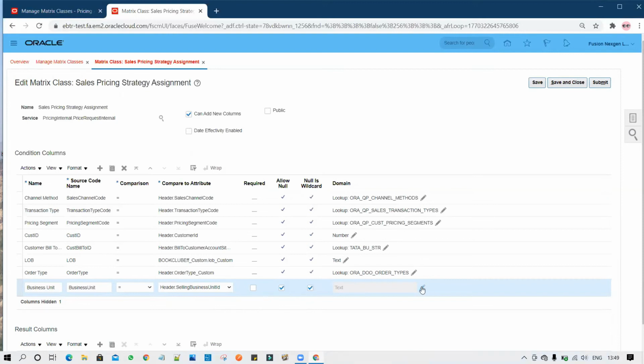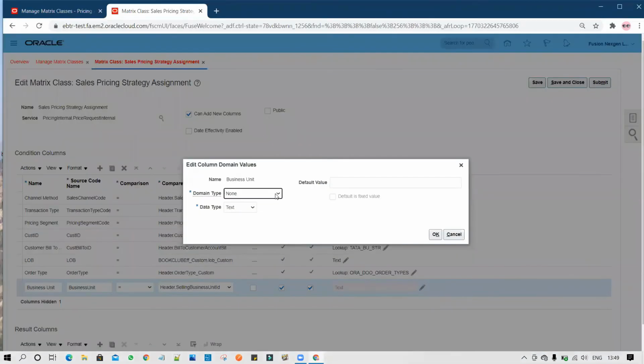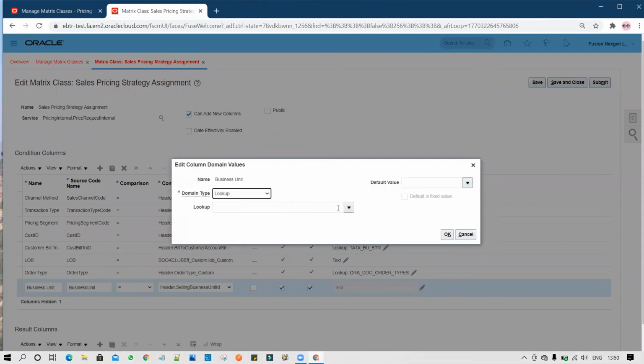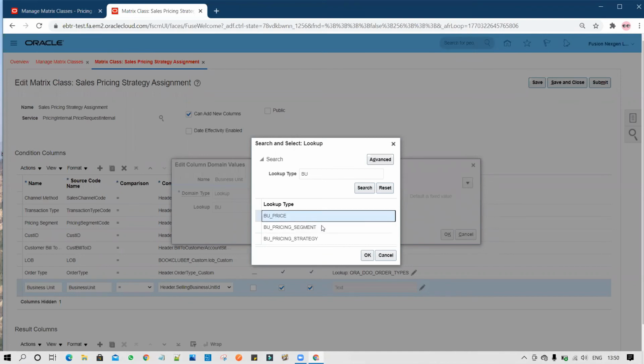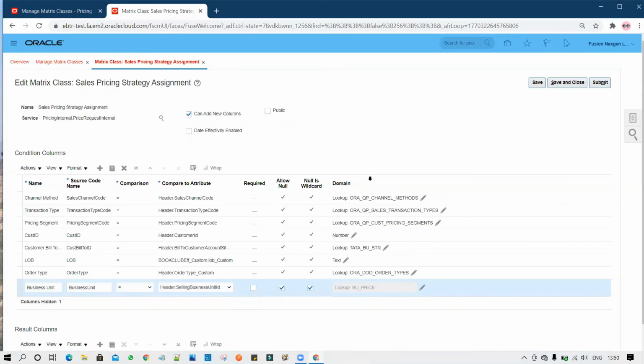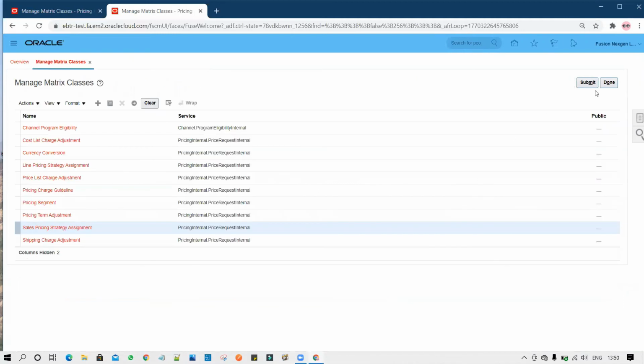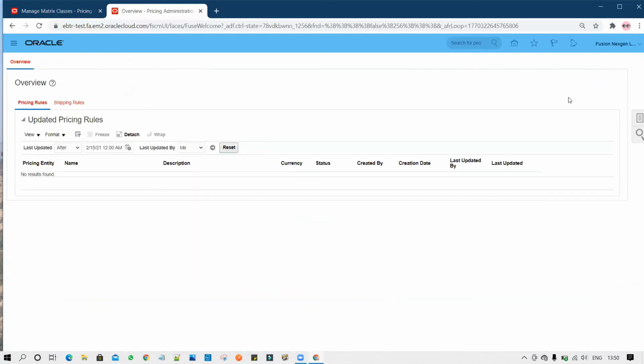And under the domain, you have to select your lookup. Under the lookup, you can add a number of values. We have created BU price. Now click on OK, configure your lookup, save and close, then click on Done, and then go to the task.